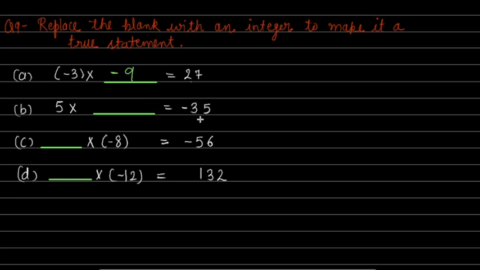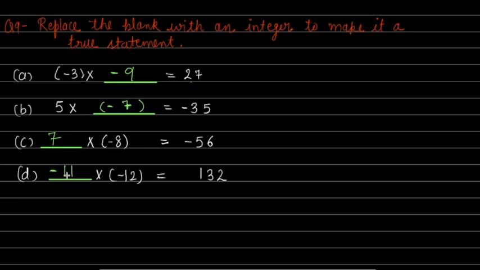5 into what to get a negative integer? It means this is a positive, so this has to be a negative integer. I am placing it in a bracket because we already have a sign here. 5 sevens is 35. It means minus 7, right? Now again you need a negative integer here. Already we have a negative integer. It means here this integer will be positive. So 7 8s is 56. Here you need a positive integer. Here it is negative, so it means this will also be a negative integer because minus and minus will give you a positive integer. And 11 into 12 is 132, right?